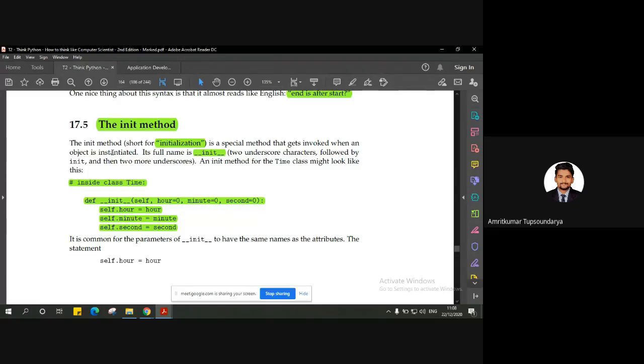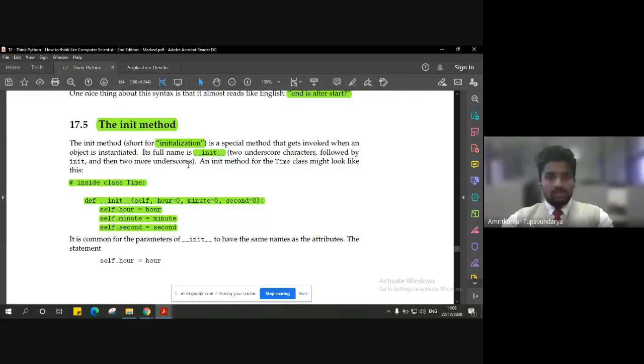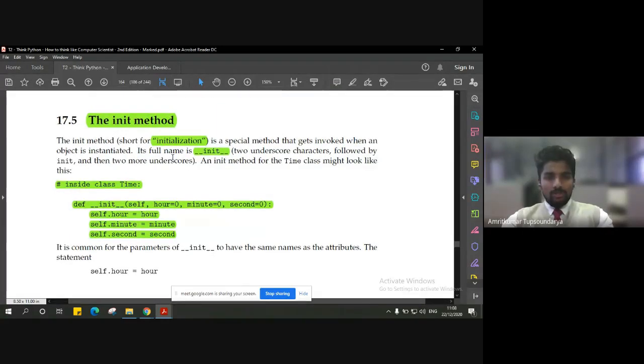When Python encounters an instantiation, it can call the init method, if we have declared this method in the program. The way to represent this method is a double underscore, then init, followed by two more underscores. That is the full name of the initialization method.